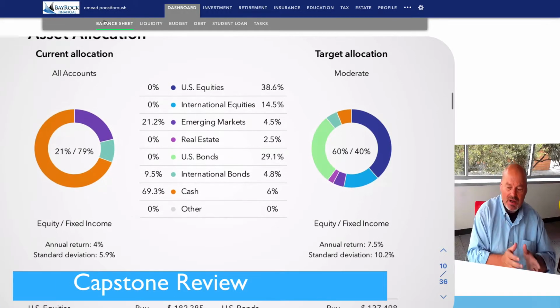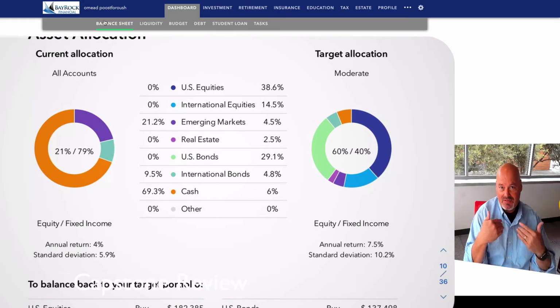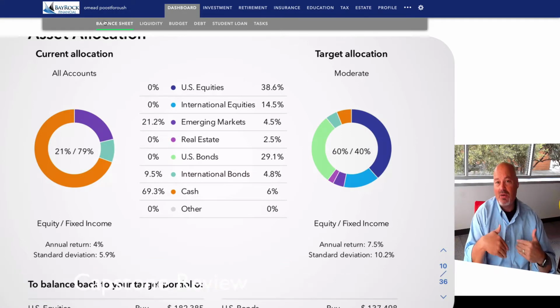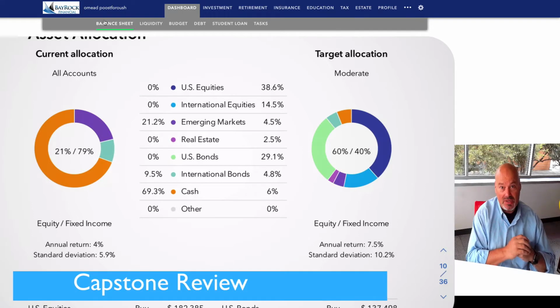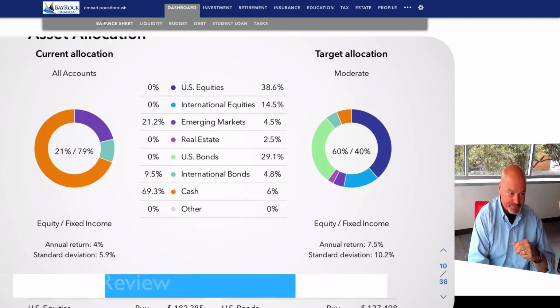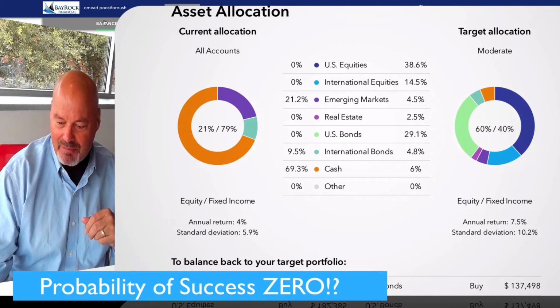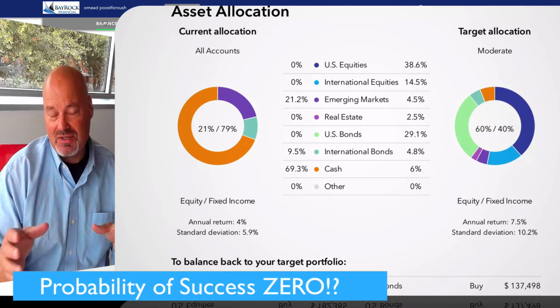And this is where, as an investment advisor, if you were my client, I would be able to see what exactly you have in your portfolio, and then I would make recommendations. And I'll show you those recommendations, and you will be shocked. Just in this one area, asset allocation, you're going to see that by changing this allocation,